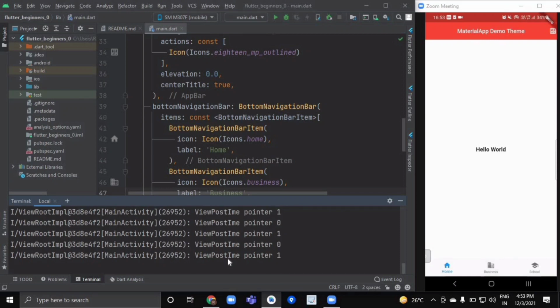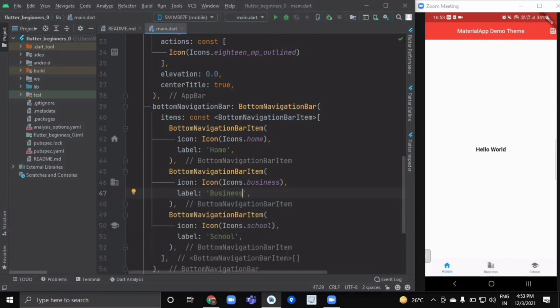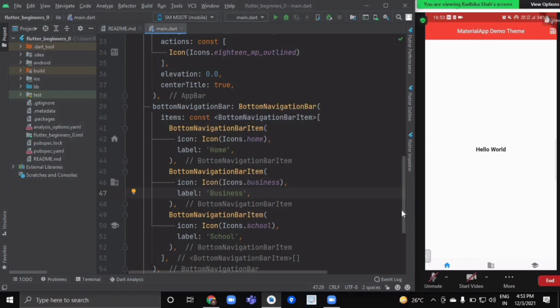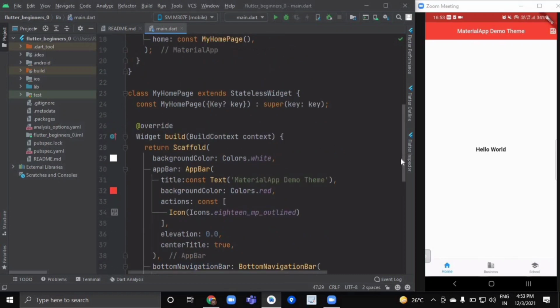your device. We will learn about that when we click on a particular bottom navigation bar item, then we should navigate to a different page or a different screen. So we'll learn about these things by using stateful widgets in our later videos. Okay, now we will see how to implement a drawer in our scaffold. Now a drawer is nothing but our navigation drawer, which you have seen in various applications.